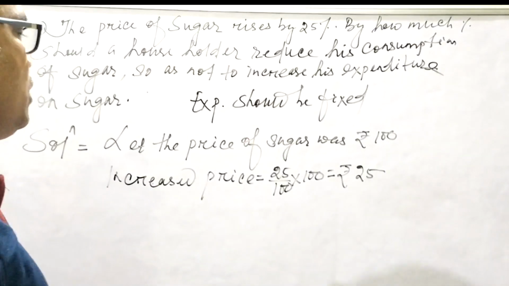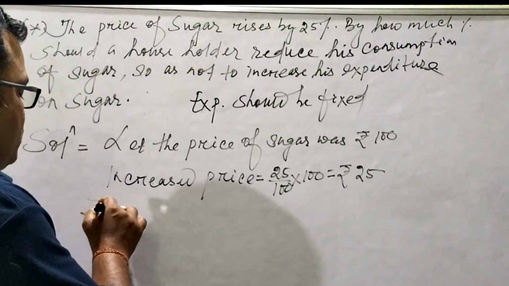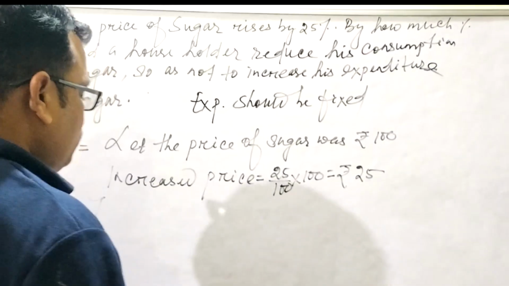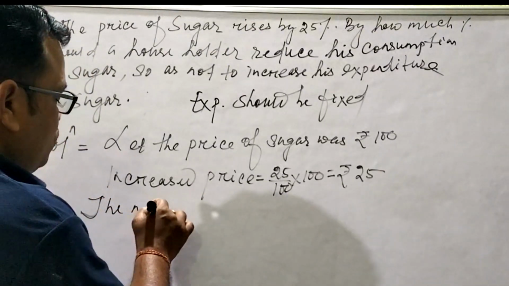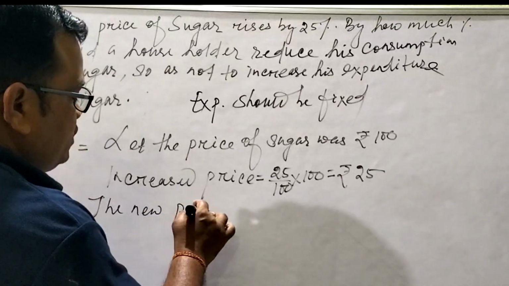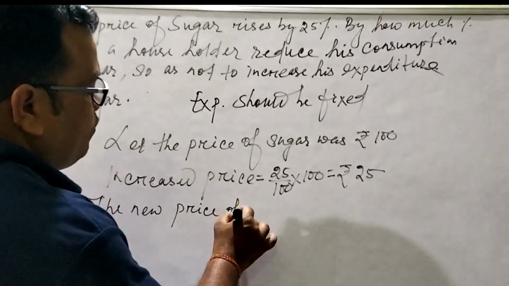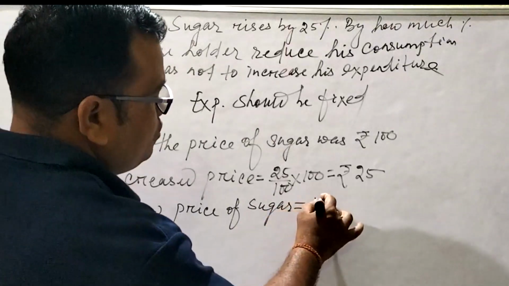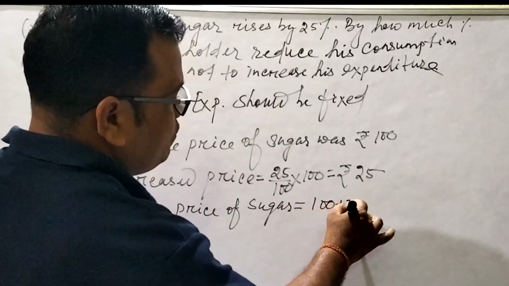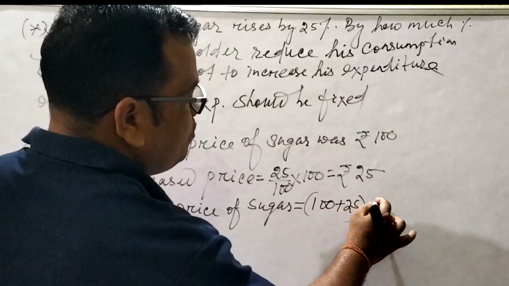The new price of sugar would be 100 plus 25, that would be rupees